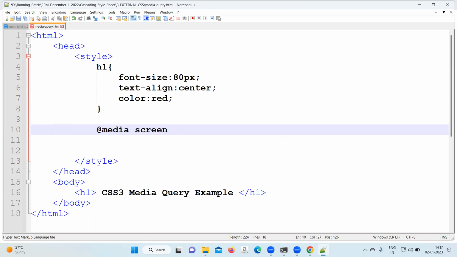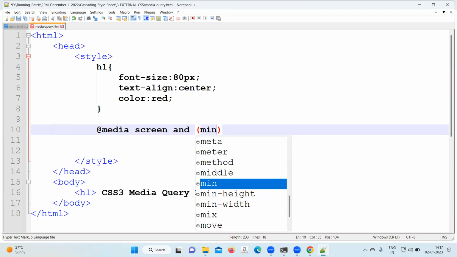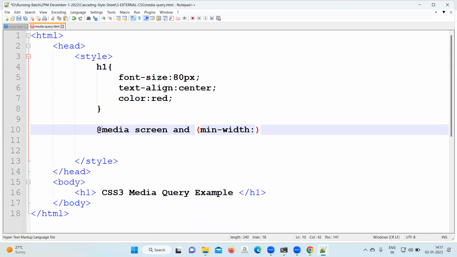At the rate media space screen, and the property we need to write is min-width, suppose 1 pixel, very small, 1 pixel. Before and after, a space is required: media screen and min-width 1 px